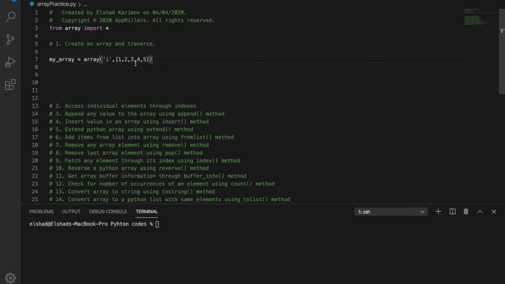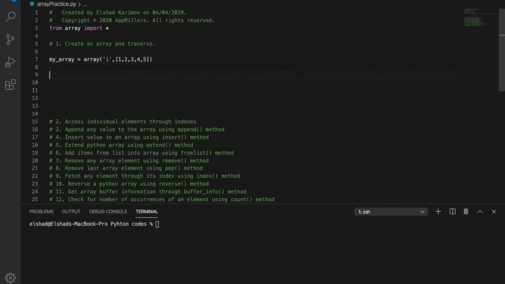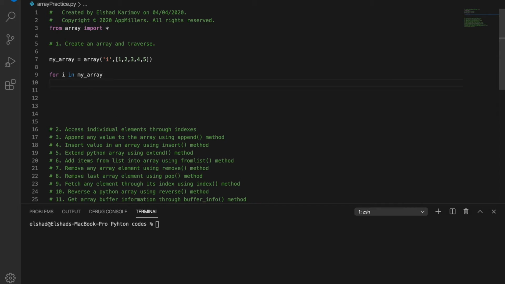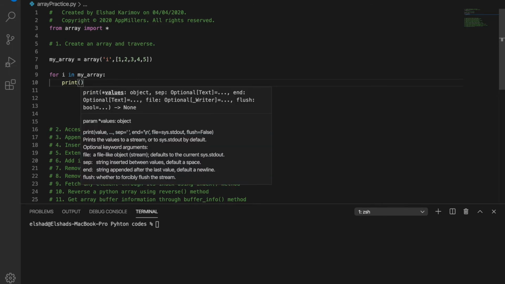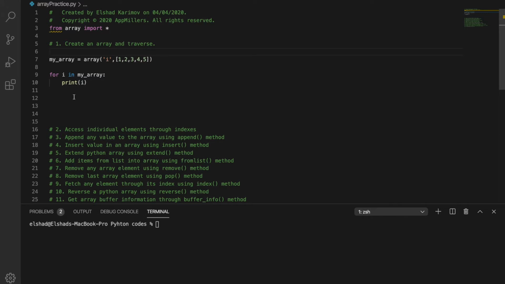So how are we traversing through the array? We'll just create a simple loop over my array and print out the array elements. Let's run our code to see that everything is working smoothly. Okay, if I run this,